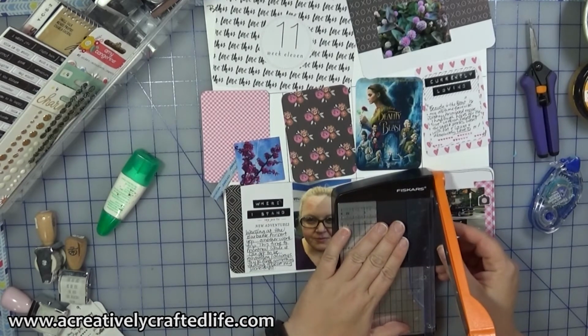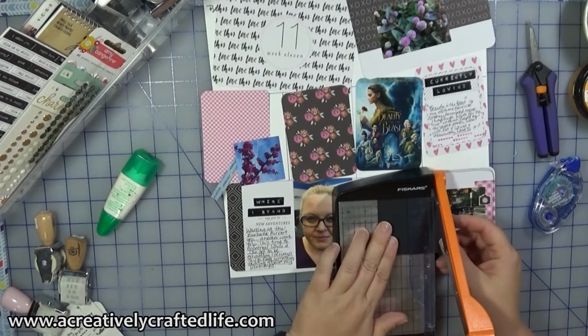The other thing you'll notice, I use this little Fiskars trimmer. I have a big Caterpillar...